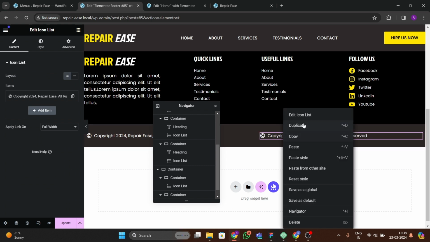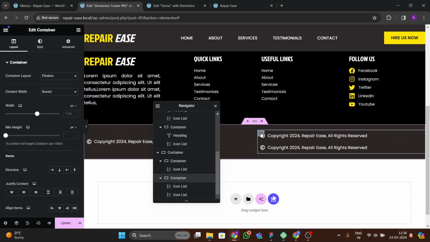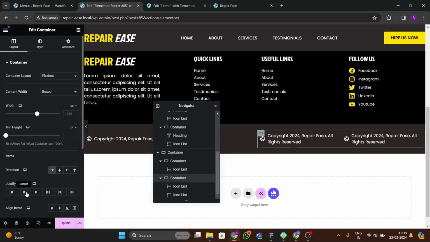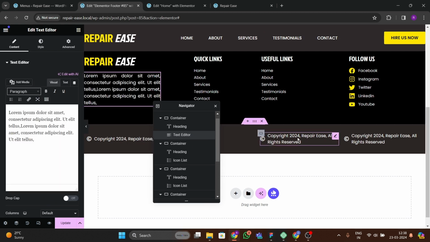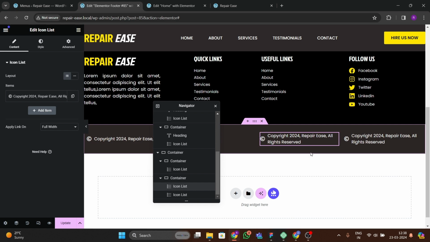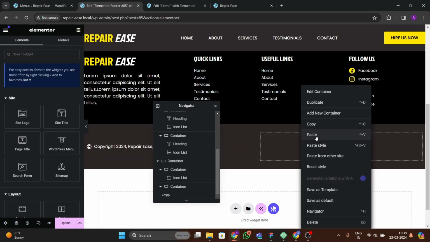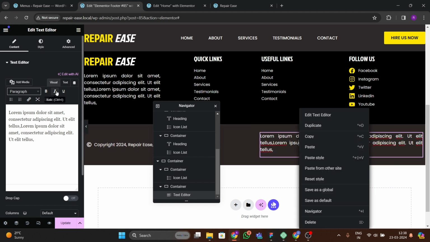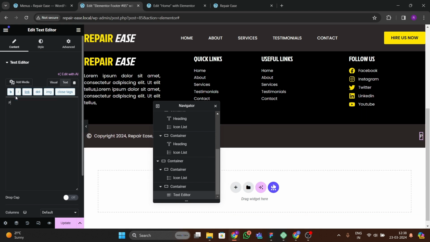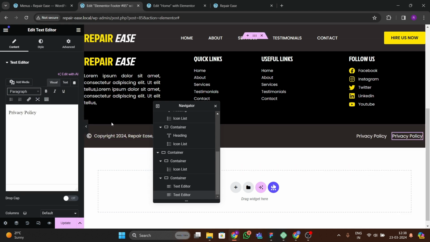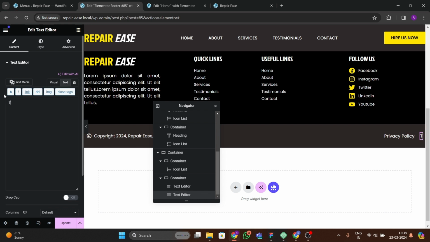Okay, or let's duplicate this, then choose this second container, go to row and make it end center. Or you can do one thing, let me copy this from here, and let's remove this. We're gonna use some simple text here, so we're gonna write here privacy policy. Okay, so let's duplicate this again, and here we're gonna write the